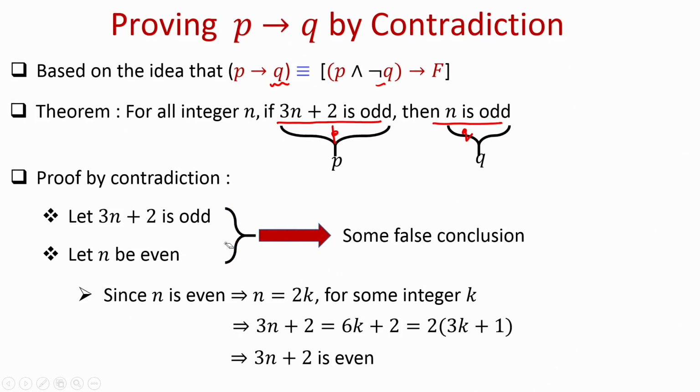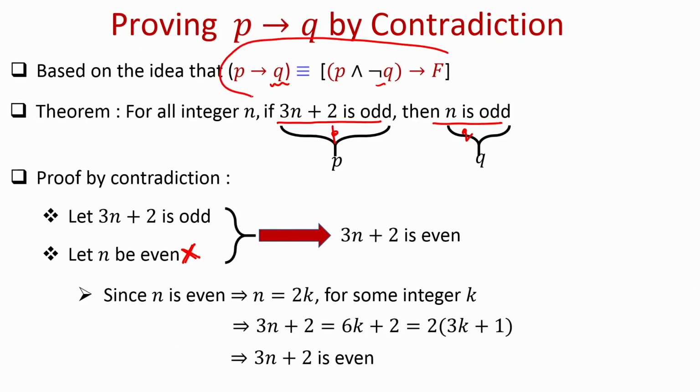Okay. So, we started with the premise 3n plus 2 to be odd, and we assumed n to be even. Based on these two premises or these two statements, I come to the conclusion that 3n plus 2 is even. How can that be possible simultaneously, that 3n plus 2 is odd as well as 3n plus 2 is even? That is not possible simultaneously. These two things can't exist simultaneously. That means the problem due to which this situation has occurred is because you made this incorrect assumption that n is even. Okay. That means n has to be odd, and that shows that P implies Q is true